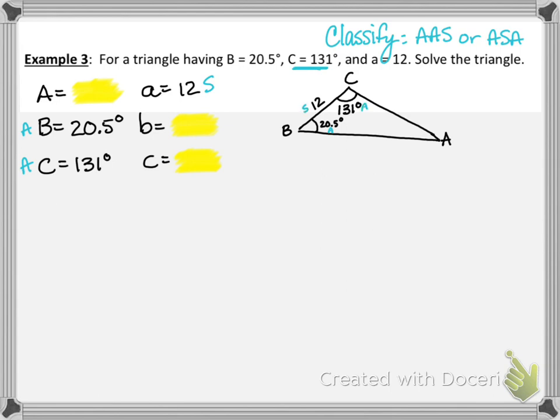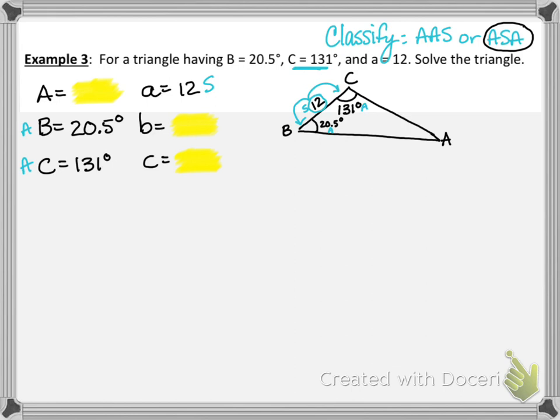The 12 is definitely trapped in between that angle and that angle, okay? So it is safe to say that our problem is going to be an ASA type problem. So ASA is our classification. So just like the previous problem, we have the green light to proceed to use law of sines, but since